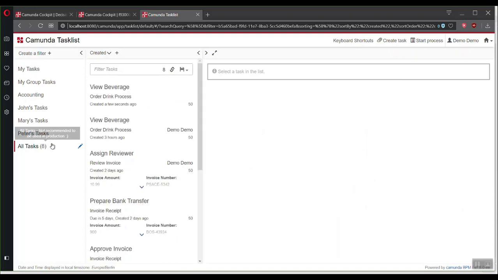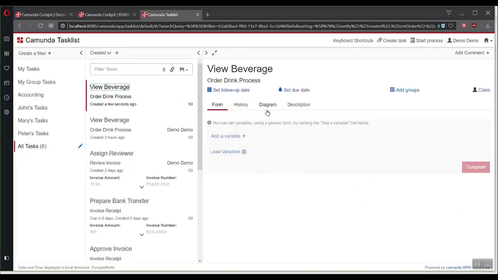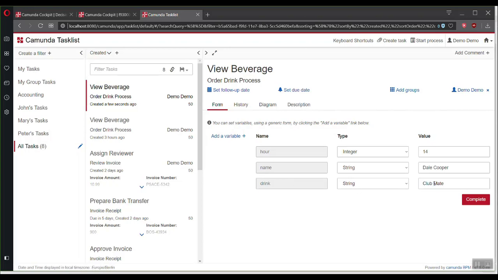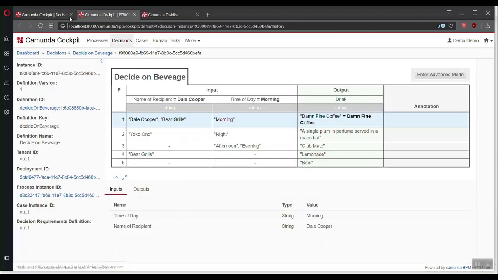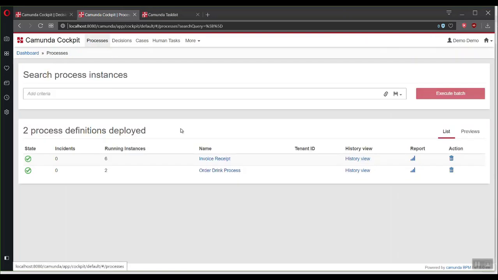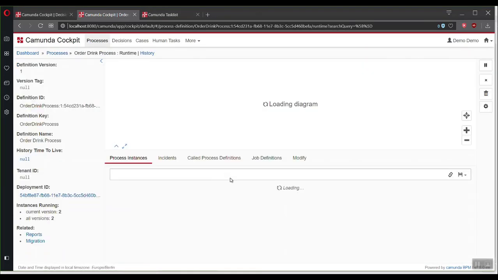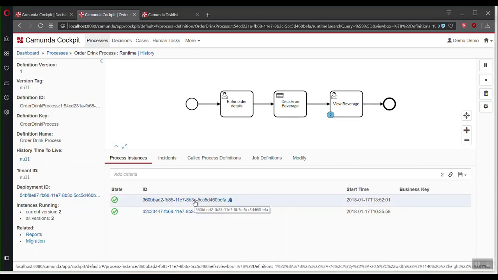Okay. And now we can see that if we click on claim, load variables, we now have our Club Manta, because it's lunchtime. So if I go back to Cockpit and I check out my process, we can then see that the ordering process is still there. We have a new instance, so I'll select that.